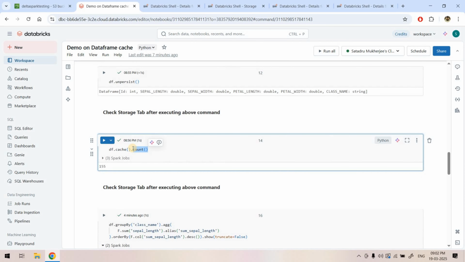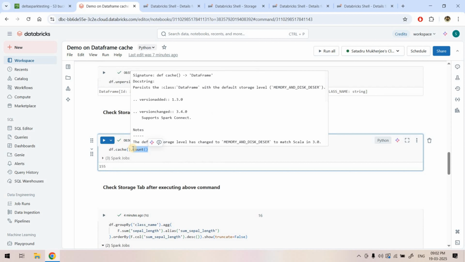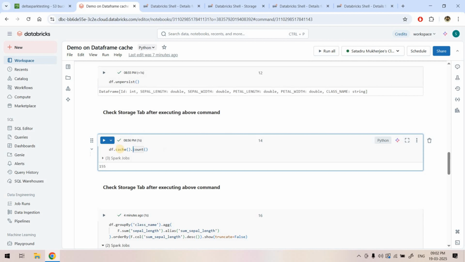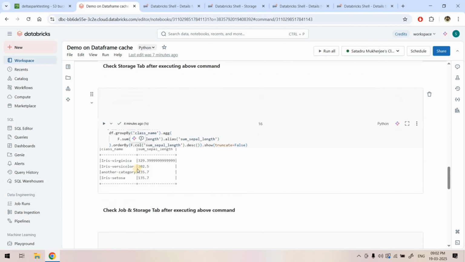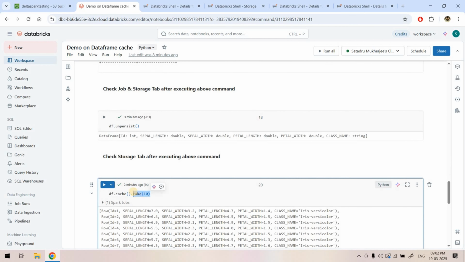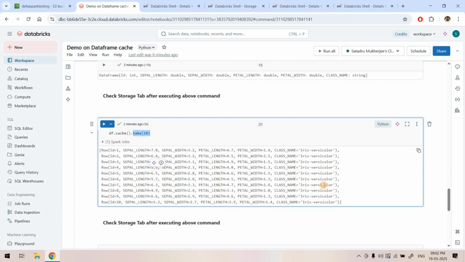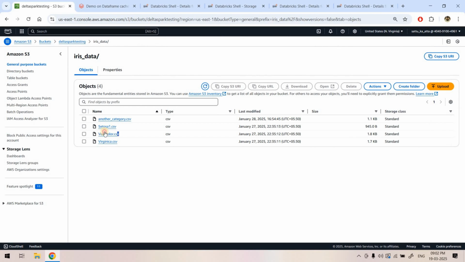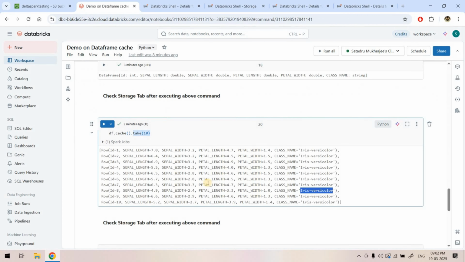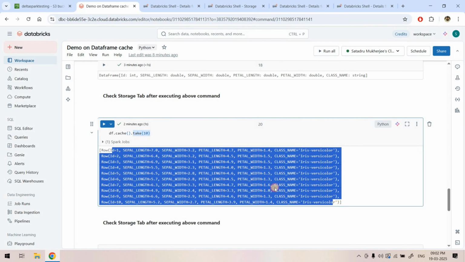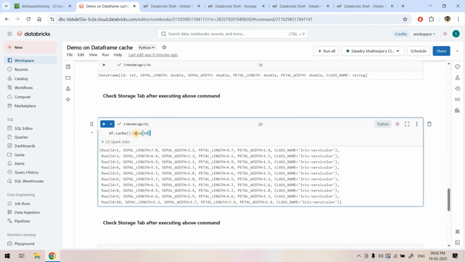So if you see the immediate next action, earlier we were applying .count, and count needs all the partitions to be read, right? Then only it will give you the absolute count for our data frame. Because the count operation requires all the partitions, that's why cache was happening for all the partitions, right? But this time when I'm applying .take, it is reading only one partition, and that partition is this particular file's partition. Whatever partition got generated due to reading of this particular file, that partition alone is sufficient to perform this